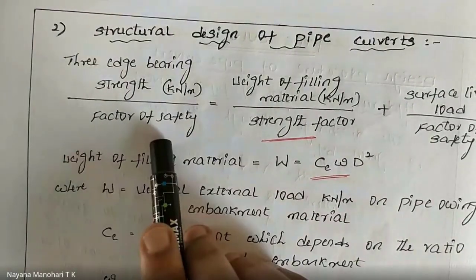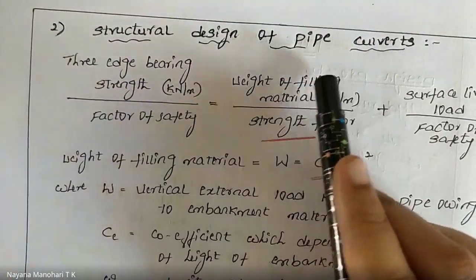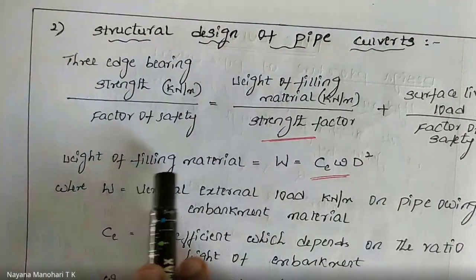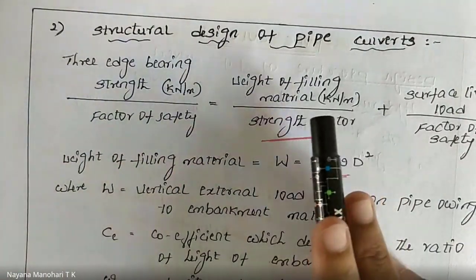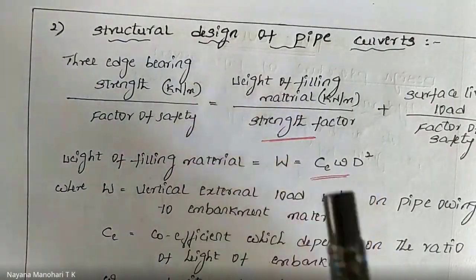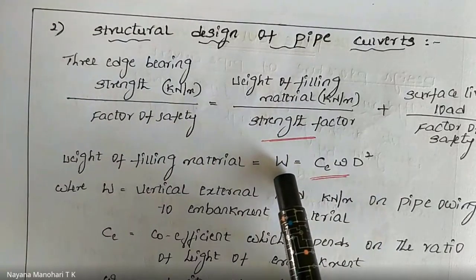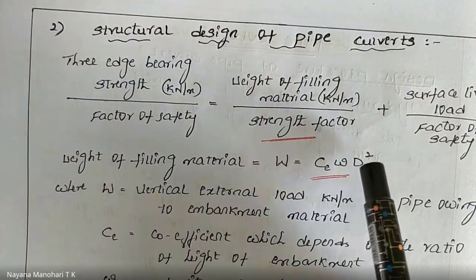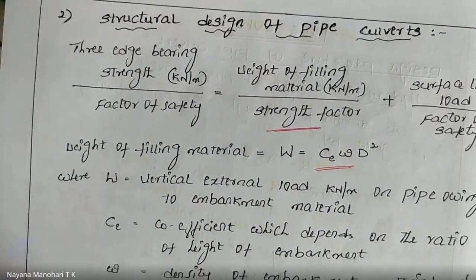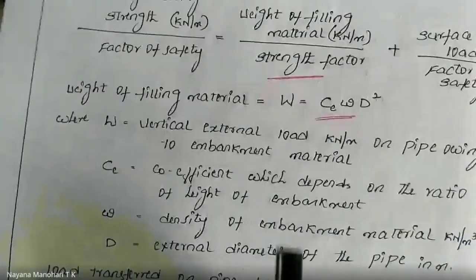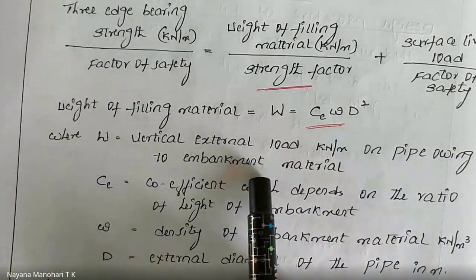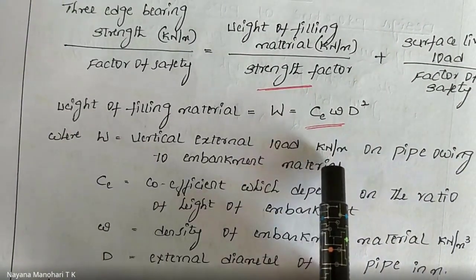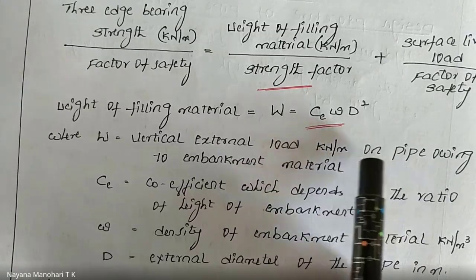Then there is the factor of safety and the weight of filling material. The weight of filling material or weight of the embankment is denoted by capital W, which will be equal to CE into small w into D square, where capital W is the vertical external load in kilonewton per meter on the pipe